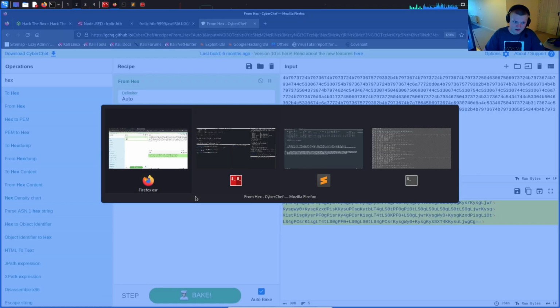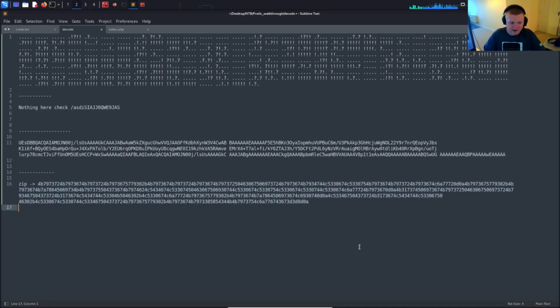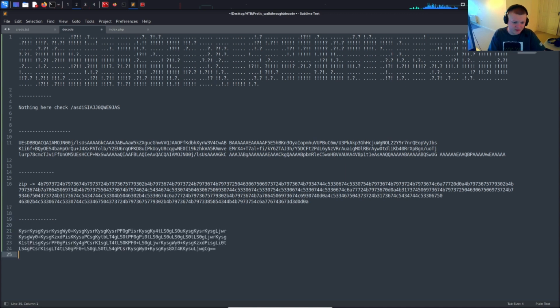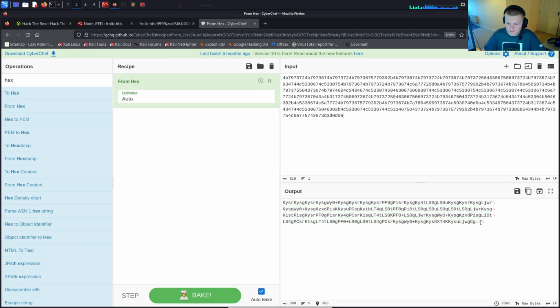So, when I said at the beginning this user flag was very much CTF-like, this is exactly what I was on about. It's not enjoyable at all. It's just loads of different encodings stacked on top of each other. You'd never see this in real life. So yeah, but we can see this is base64 encoded, so we can chain together two operations